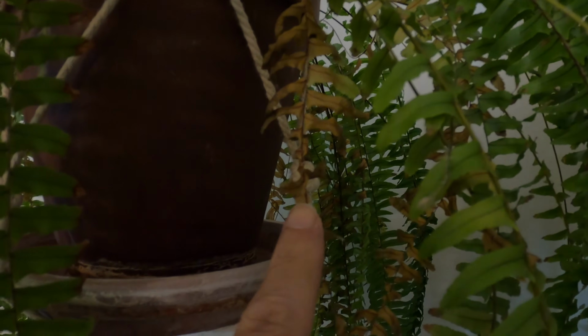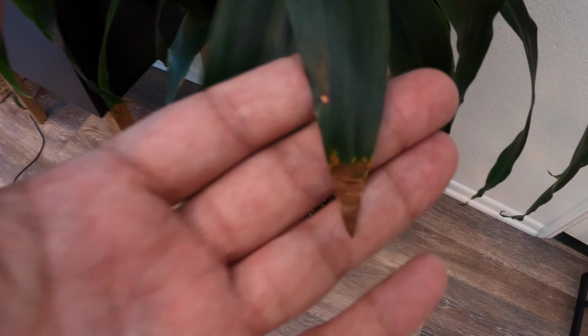All right, so to start off, I think the first thing we have to talk about is knowing when to water your plants. And each plant is going to be different. You're going to get a feel for each plant, and some need more water than others. Some you need to water once a month, some you need to water once a week. And there's a couple ways that you can tell if a plant needs water. One, they're a little droopy. You can see some brown on the ends of the leaves, but